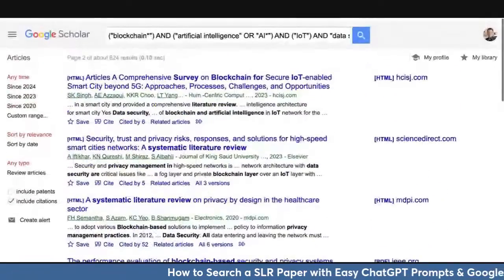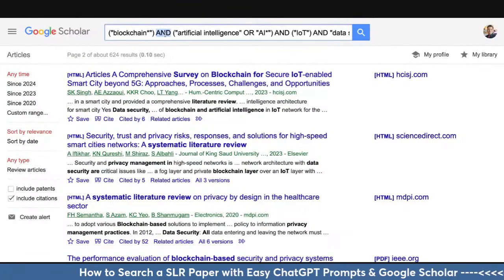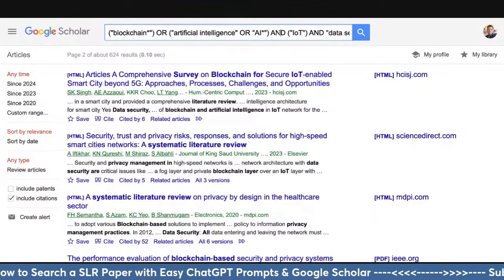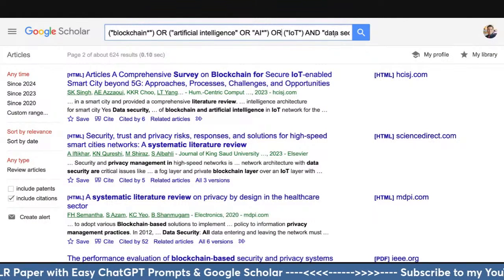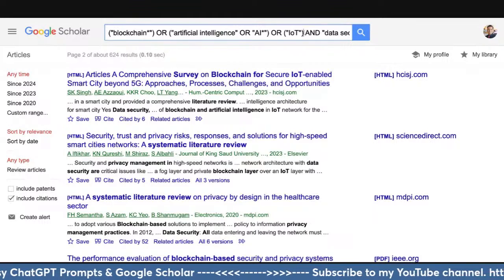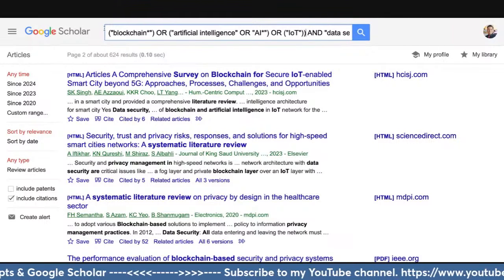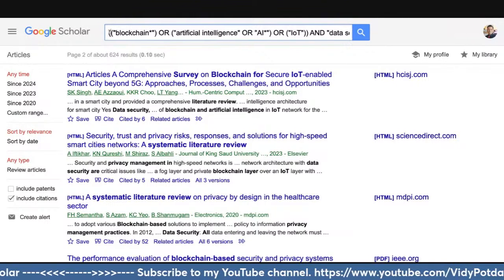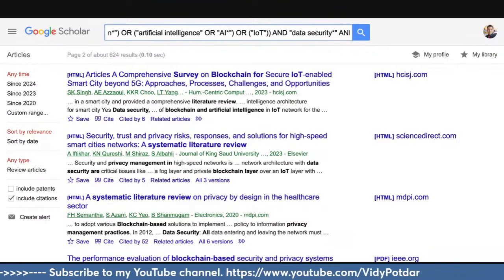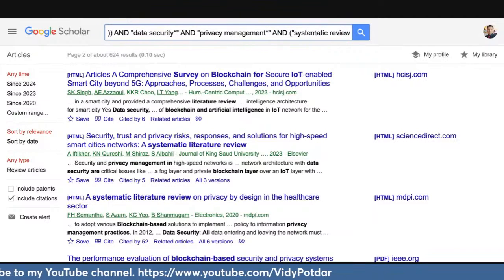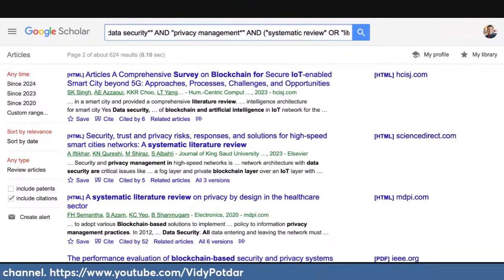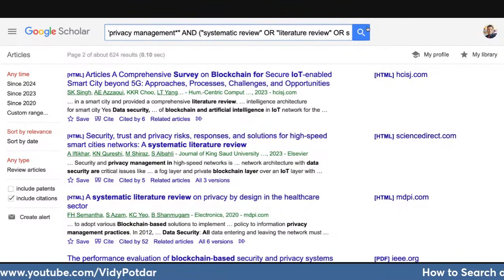Okay, so it is giving you some good results here. So now what I want to do is change this to "or", and I may even put a bracket outside of all these, so that these technologies and data security and privacy and systematic reviews. Okay, so let me just copy this,